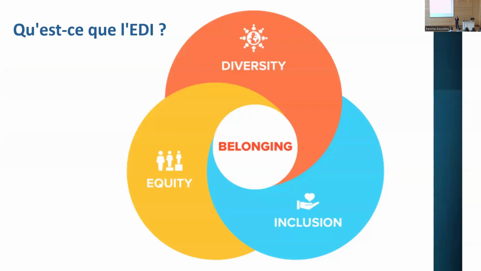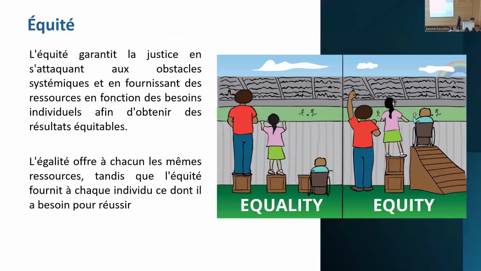So what is EDI? You may have heard about it. EDI comes from three words: equity, diversity, and inclusion. When we have all of these, we can say that we have a sense of belonging for each person. So, equity. In English, I mixed the equité with equity in English, but equity